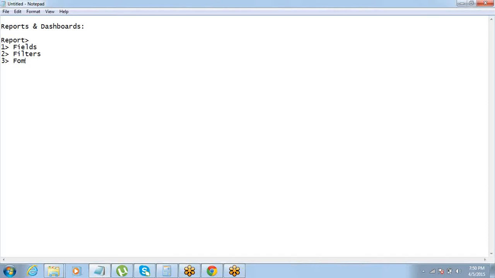Third is the format of the report. Okay, so the reports created in Salesforce do have different formats. So we consider the format also while creating the report. So there are 4 report formats which are allowed in Salesforce. First is called a tabular report. I will talk about all these formats. Tabular format. Then we have summary format.